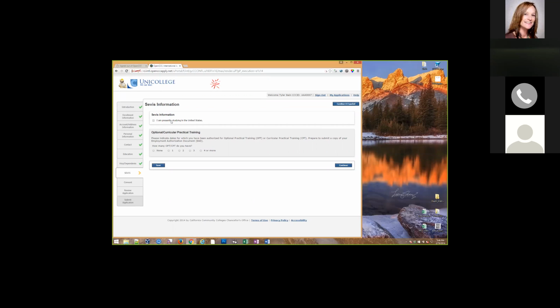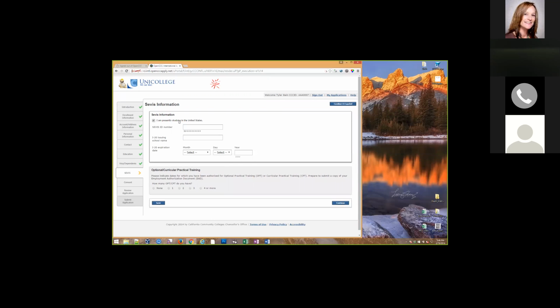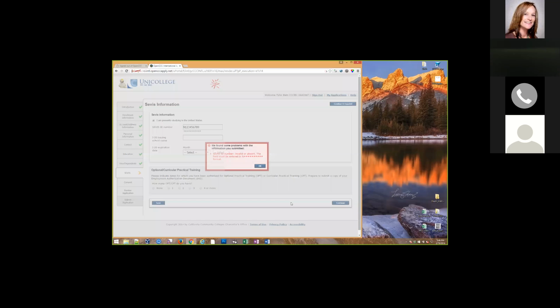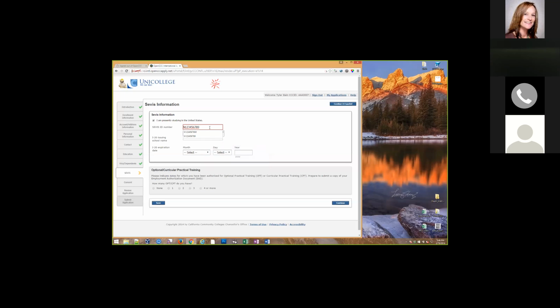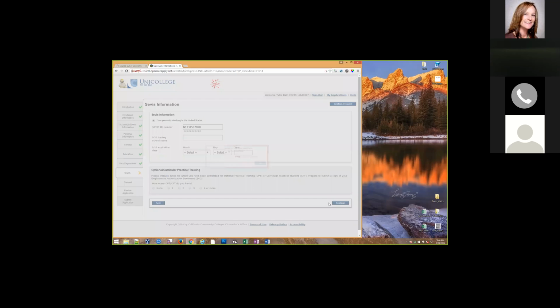So if I check this box for I'm presently studying in the United States, I'm prompted to enter my CVIS number, which is a particular format. So if I enter, it's an N followed by 10 numerical digits. So if I enter an N with only 9 digits, and I hit the continue button, then it asks me to enter that 10th digit. So if I enter that 10th digit, then I'm able to continue,